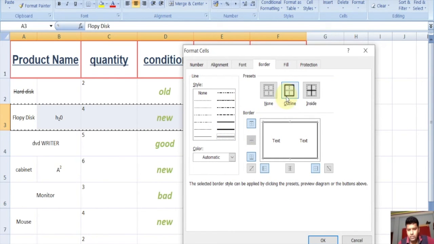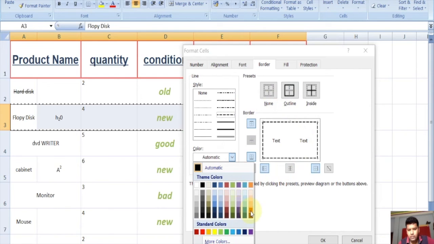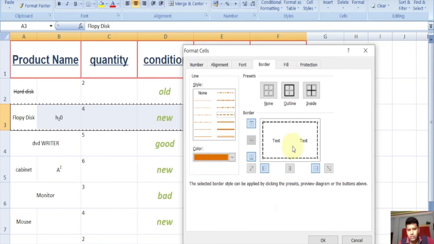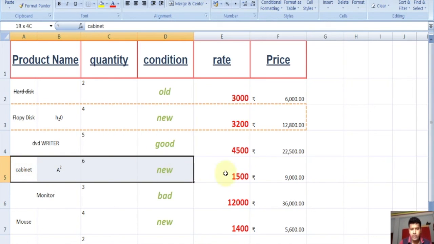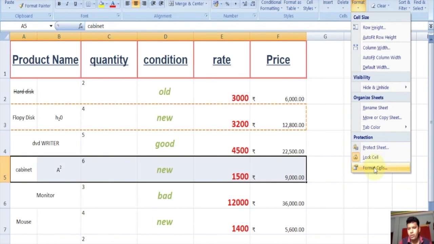Double line, outline, color, OK, outline, OK. Here we got the outline of the cells, and if we only want the inside, select the cells, format cell.